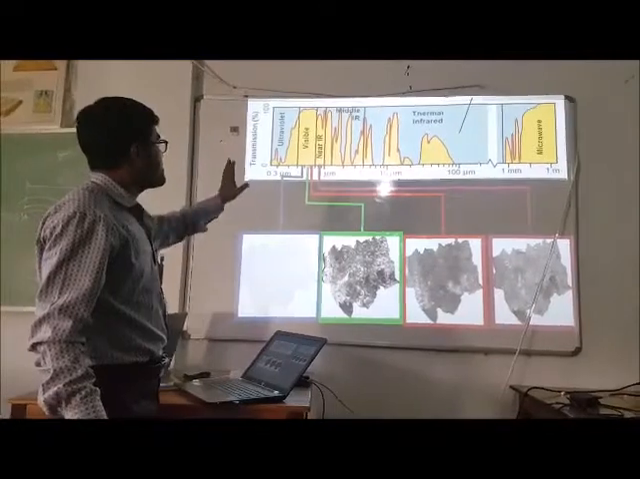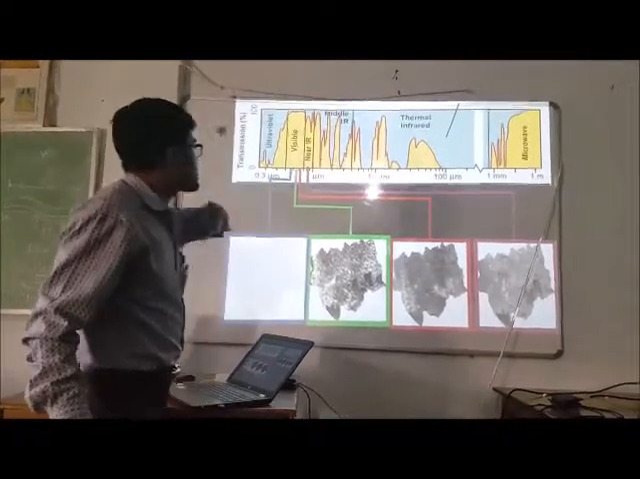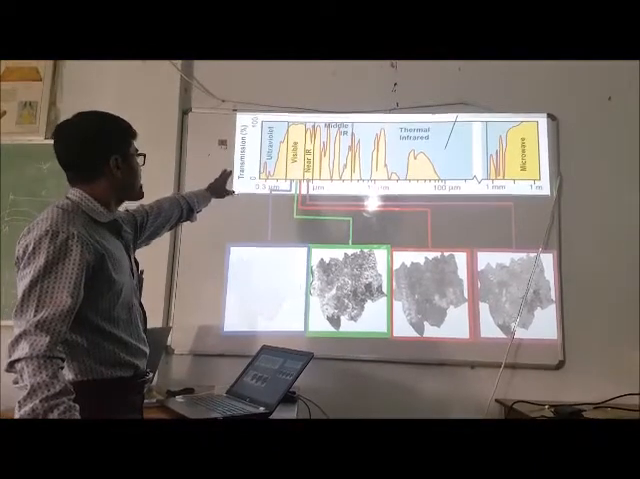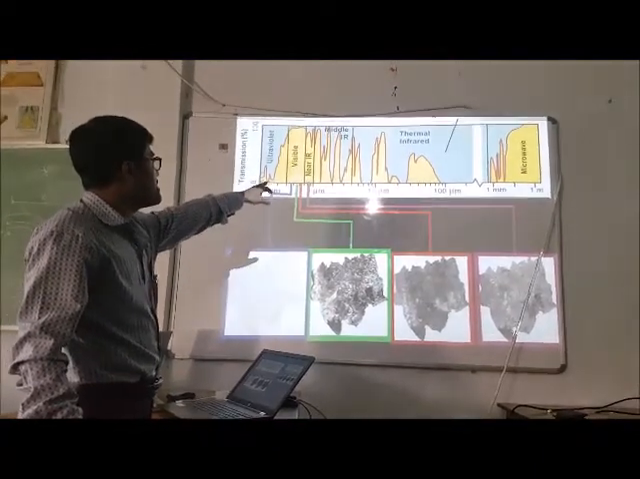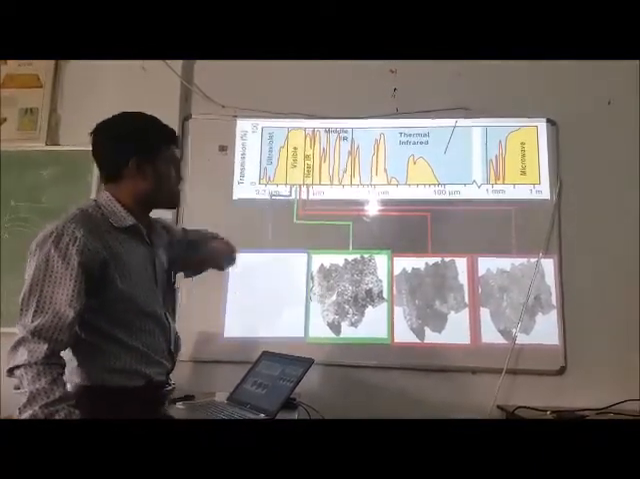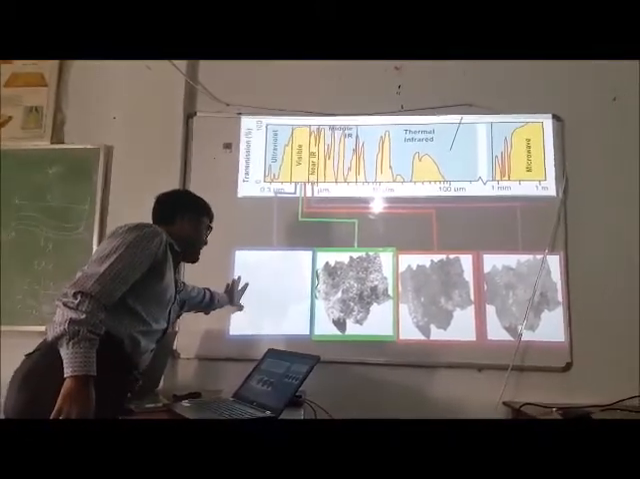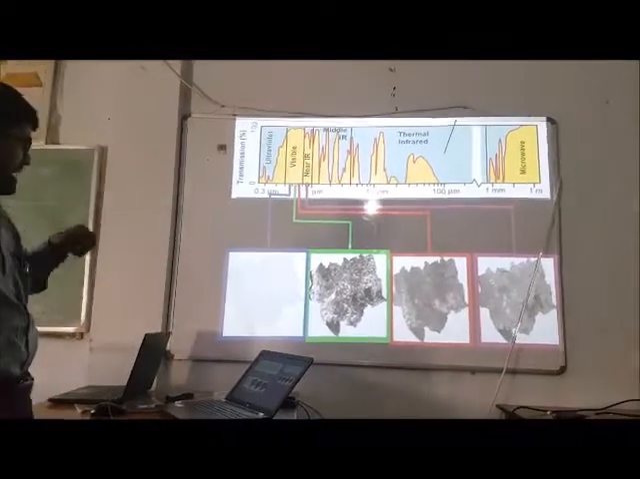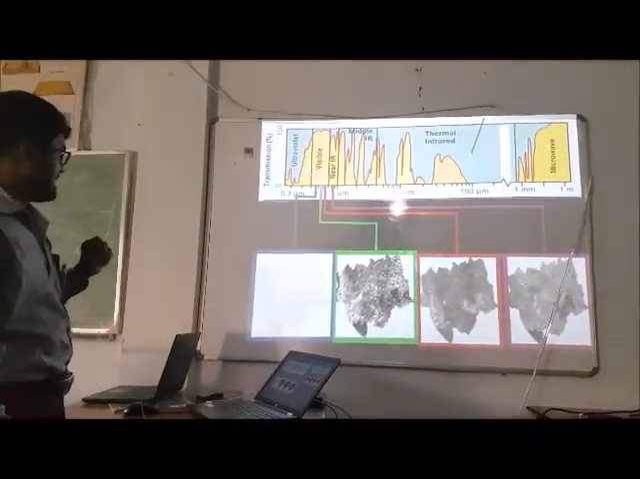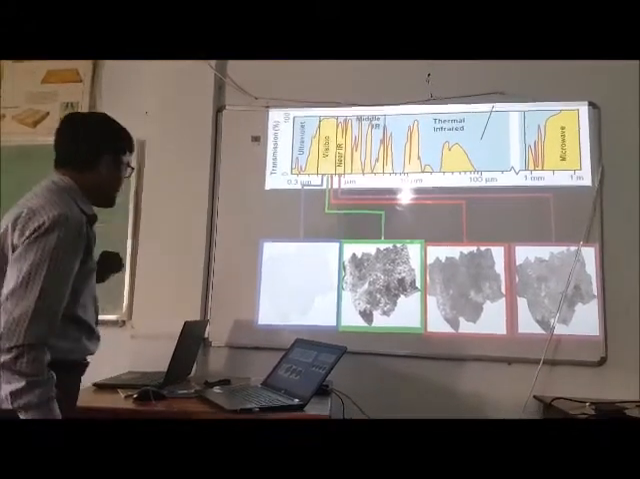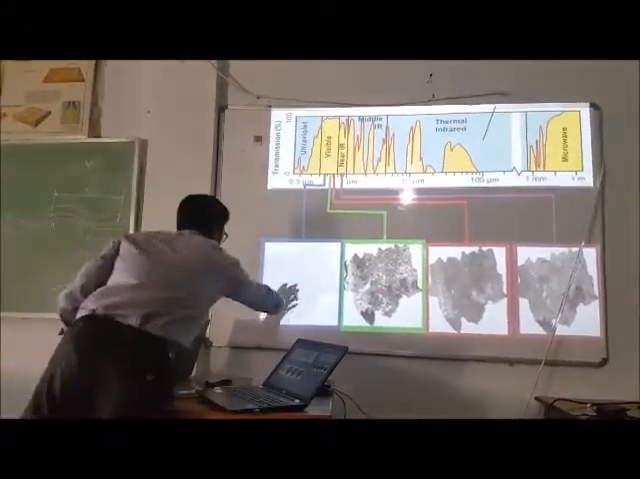Now this is the electromagnetic spectrum. Here it is ultraviolet ray, visible ray, near infrared, middle infrared and so forth. This is the first band of Landsat 7. It captures the blue band, and from this blue band we